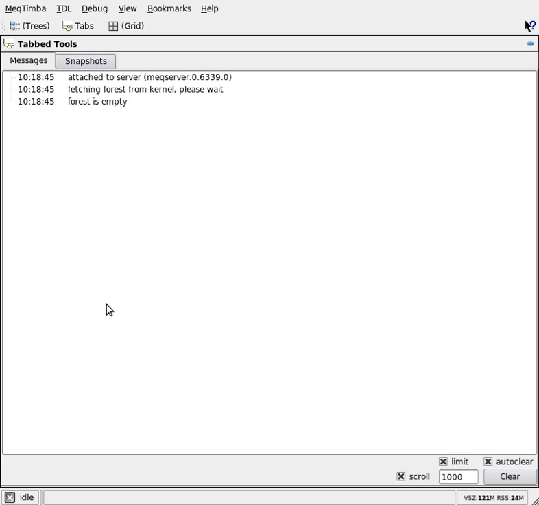browser GUI. We've launched the server, and when we get the three messages like this, attach the server, fetching forest from the kernel, and the forest is empty, that's an indicator that the server has been properly launched and is talking to the MeqBrowser, and that essentially the server doesn't contain any leftover script or nodes from some previous run. So the first thing we have to do is install an actual MeqTrees script to do something